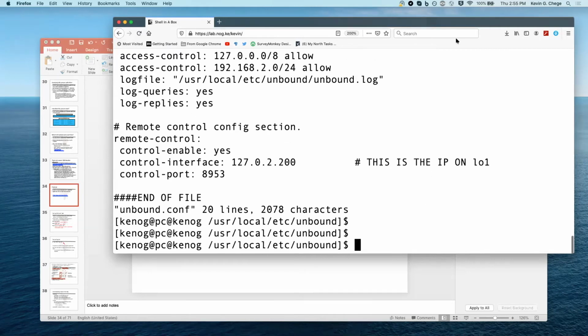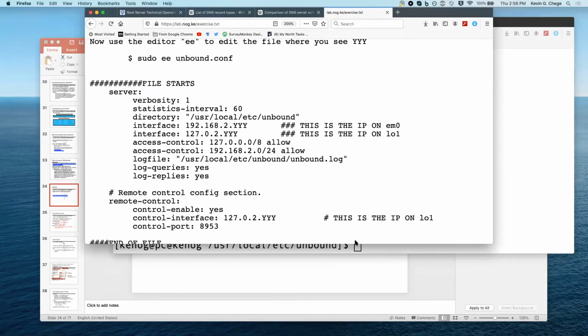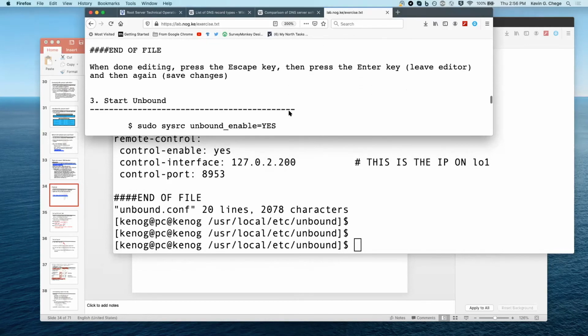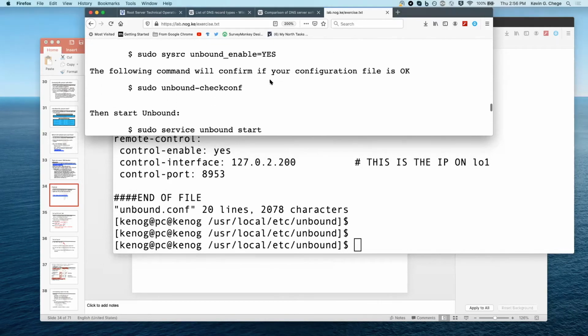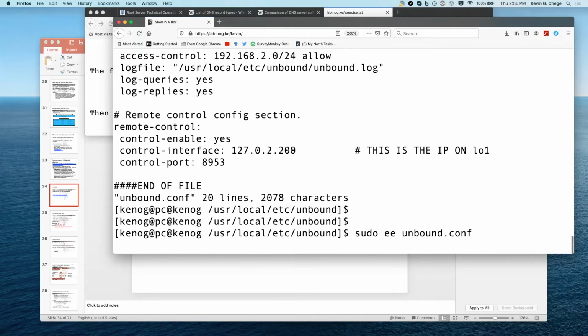So once you're done, you save the configuration file. Then I'll come back here and you'll just see what I'm doing. Sorry, Kevin. Yeah. So maybe you can just explain how you're using the EE editor, maybe just how to save the file. Okay. So there's a very simple text editor that's called EE,